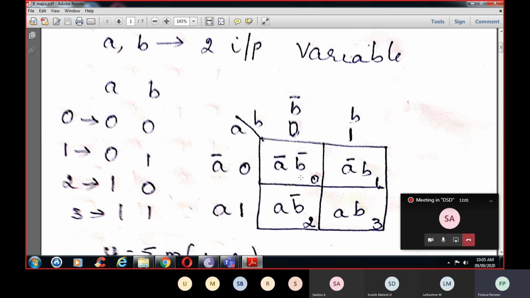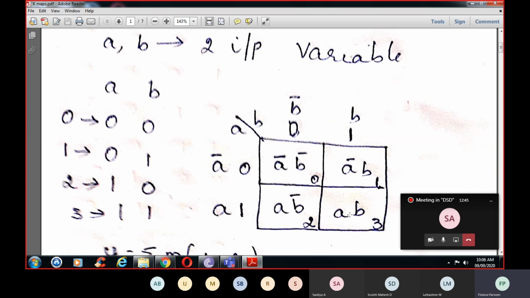As you know, 0 0 will be represented as A bar, B bar. As it is 0, 1, 0 means A bar, 1 means B. I've already written here that 0 means A bar. So A bar B will be written here. This cell represents A bar B. This cell represents A, the corresponding row, and the corresponding column B bar. So this is A B bar. In the same way, here this is A, this is B. The corresponding row and column for this cell is AB.